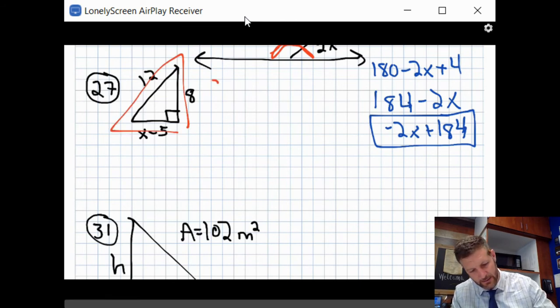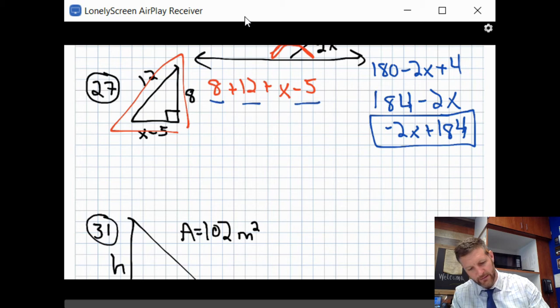So we have the perimeter, distance around, simply add up all the sides in this case. So 8 plus 12 plus x minus 5. Okay, because those are the three sides. I got my like terms here. I have 8, 12, and negative 5. So that's going to give me 20 and then 25. And so we get,